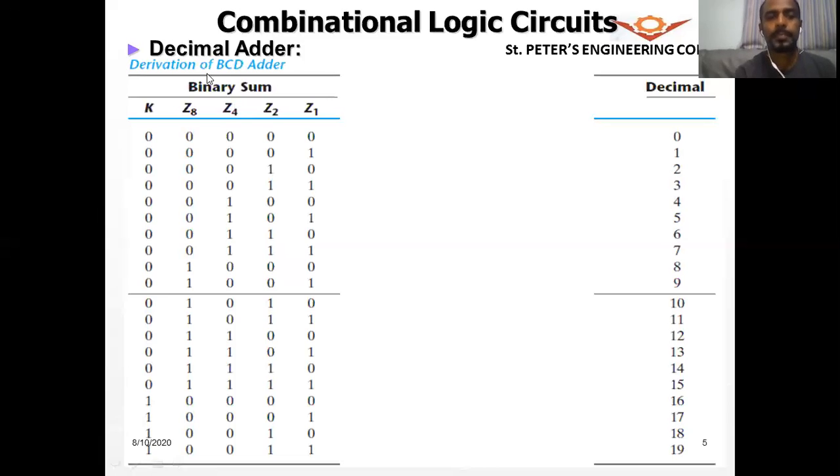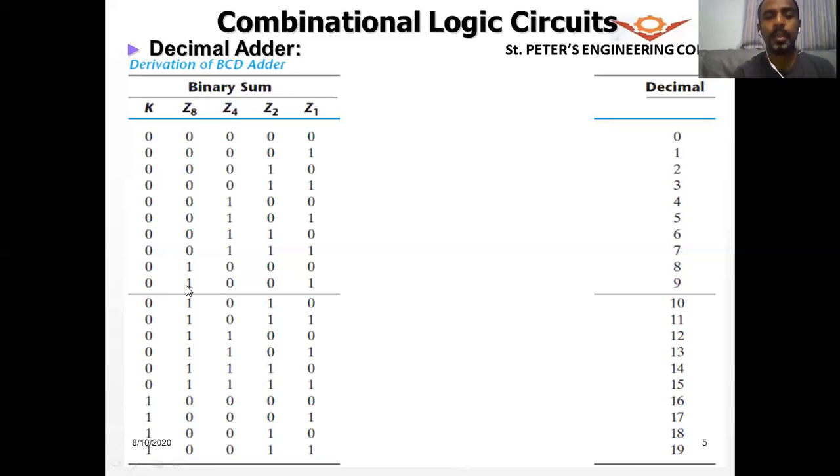Now what is this BCD? BCD is binary coded decimal. That means we are coding the decimal numbers in terms of binary. So what are the decimal numbers? 0 to 9, only 0 to 9. So therefore, we are going to represent the binary numbers for 0 to 9. For decimal 0, it is 0000, and for 9, as you have previously seen, 1001 is the binary equivalent of decimal number 9.